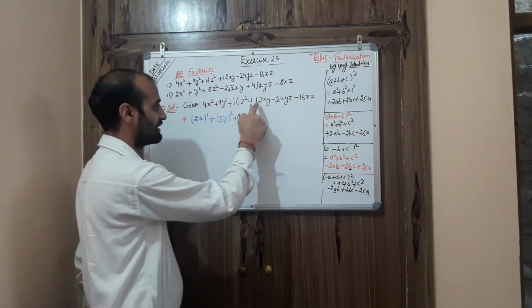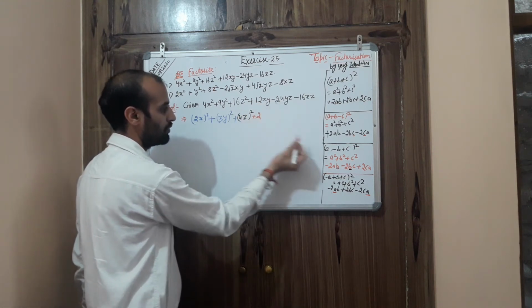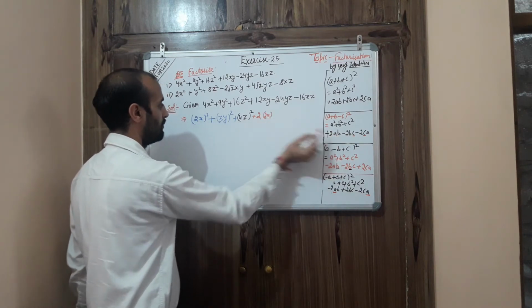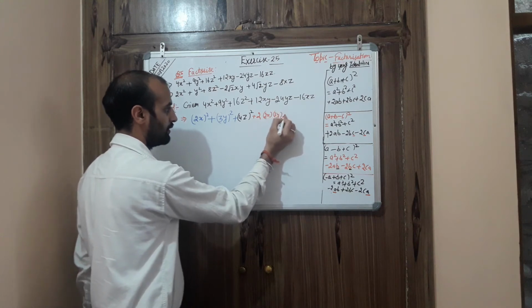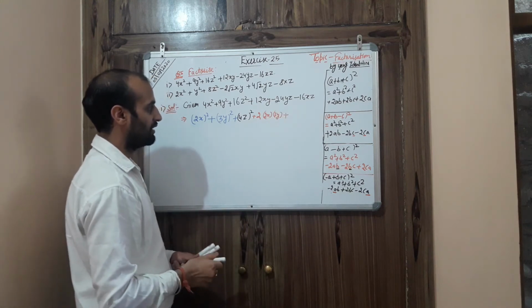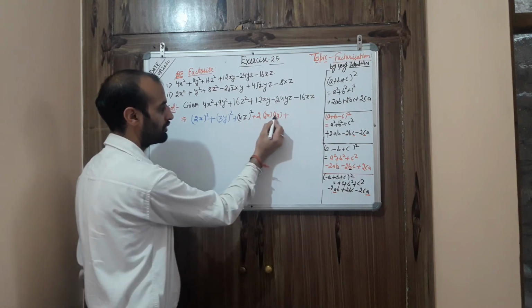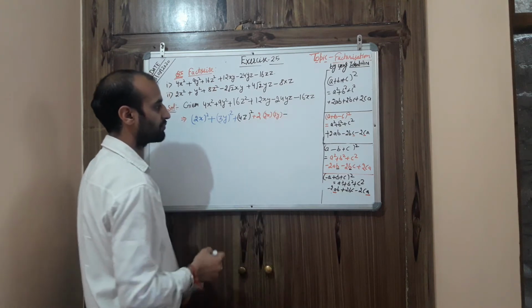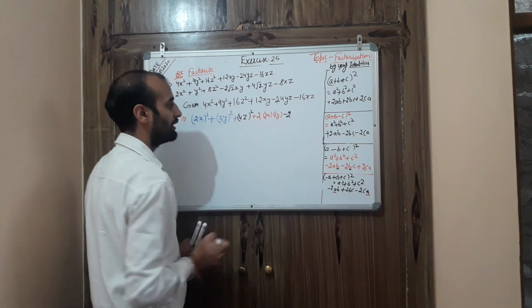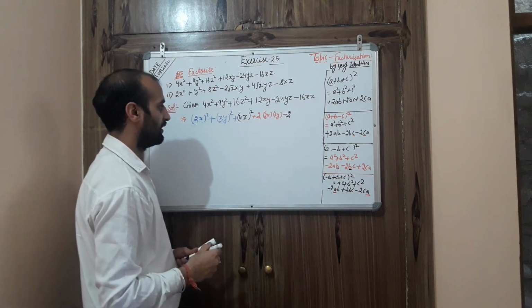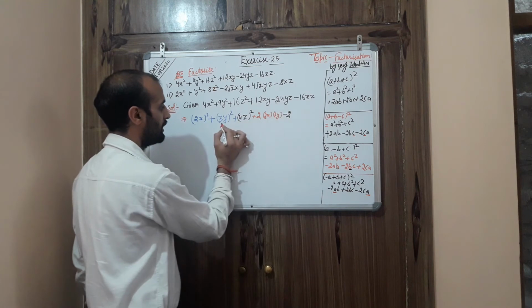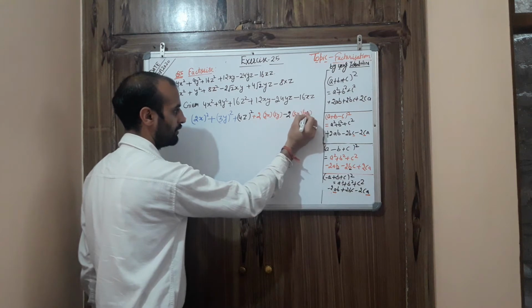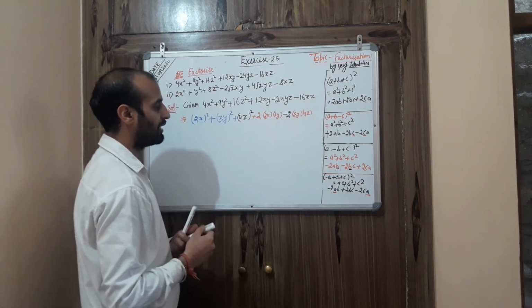Next, I need to factorize this one as 2, then a, then b. The value of a is 2x. What is the value of b? b is 3y. I hope you are getting how I factorized. See now, 2 times 2 times 3 is 12xy. Once again we get the same term. Then here is a minus sign. Once again I write 2, then the value of b, from here 3y, and z, 4z. Keep checking the question, and after multiplying you will get the same answer.